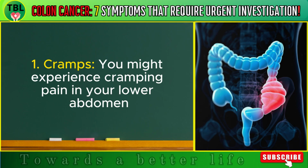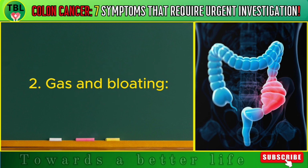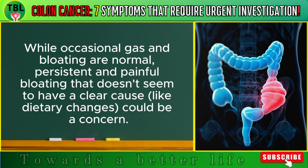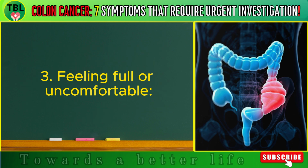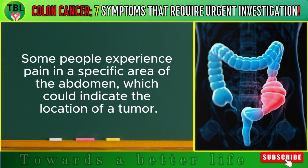1. Cramps. You might experience cramping pain in your lower abdomen. These cramps can be mild to severe and may come and go. 2. Gas and bloating. While occasional gas and bloating are normal, persistent and painful bloating that doesn't seem to have a clear cause, like dietary changes, could be a concern. 3. Feeling full or uncomfortable. You might feel full or uncomfortable even after eating small amounts of food. 4. Localized pain. Some people experience pain in a specific area of the abdomen, which could indicate the location of